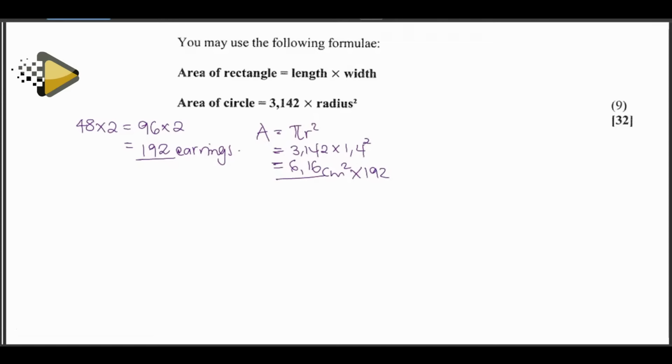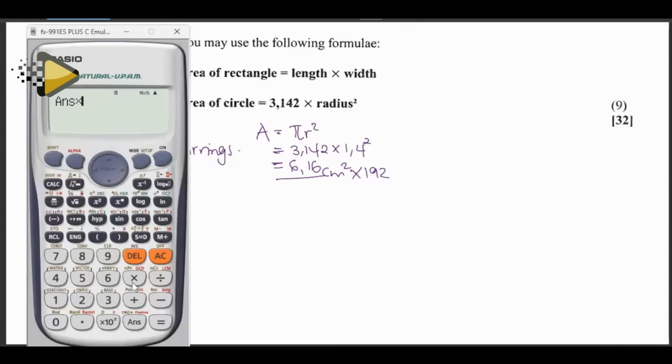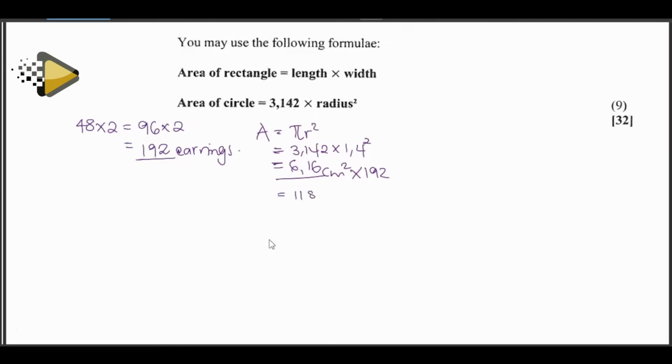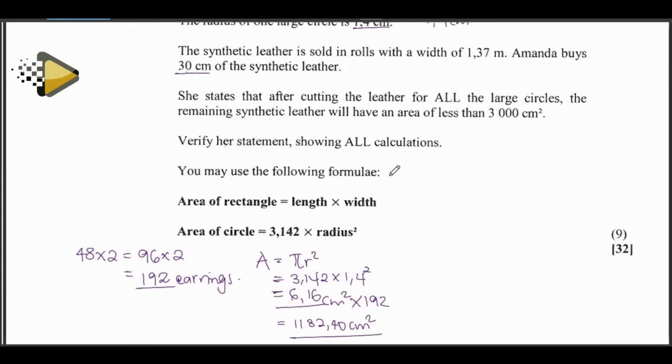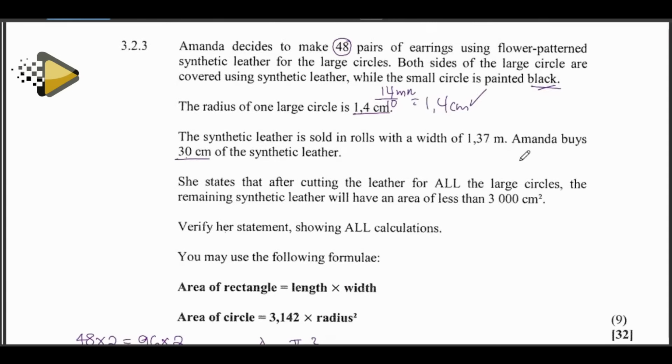Let's do that. Total area to be covered now, times 192. So we have 1,182.40 centimeters squared. This is the area that we're going to use. Keep it aside. Then we come here and ask ourselves, what will be the area of the synthetic leather that